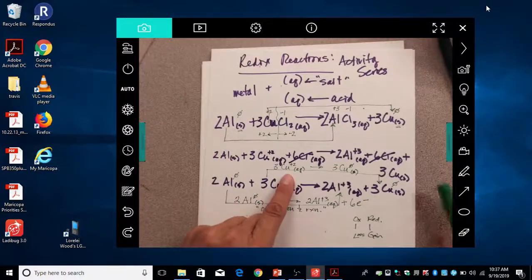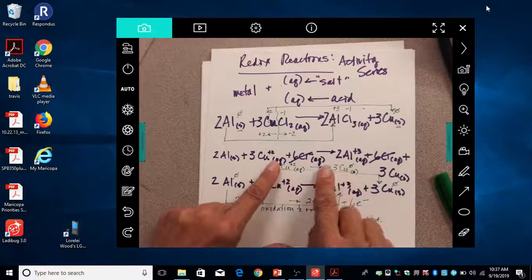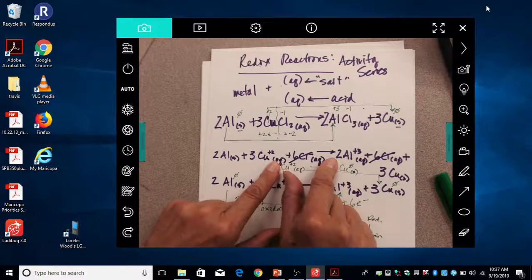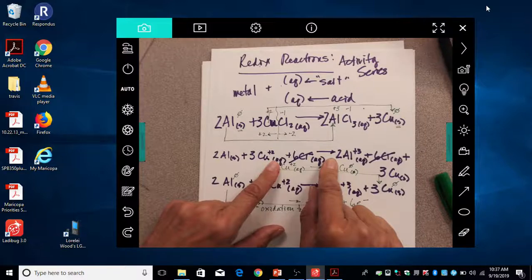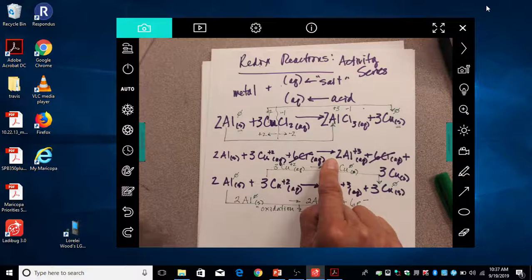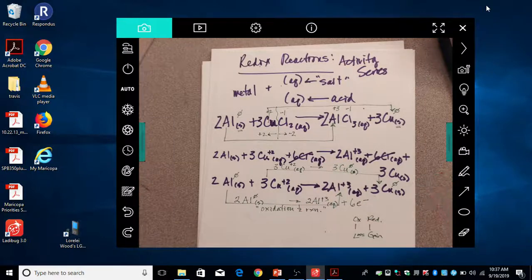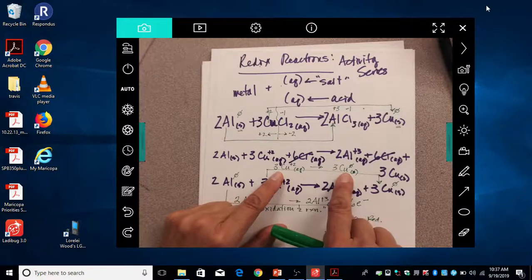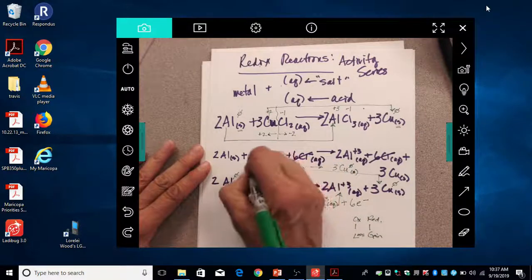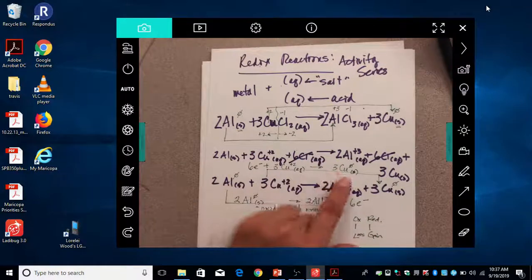Alright, conversely, let's look at copper. Now if we look at an individual copper ion on the reactant side here, what did an individual copper ion have to do to become a copper atom on the product side? Had to gain. How many did it have to gain? 2. If I have 3 particles of copper, each of which gains 2 electrons, how many total electrons are gained? 6. Would I put those as being on the product side or the reactant side? Reactant side, because you had to gain them on the reactant side in order to become this thing that had a 0 charge,